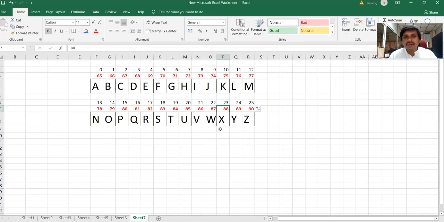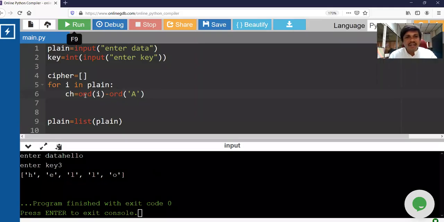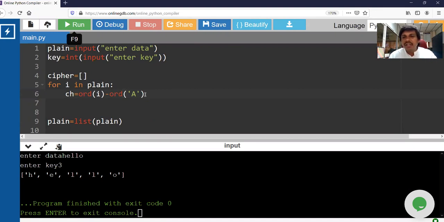In that way, if you subtract A from any character, you will get that index value. For that purpose, let I be a character from the plain string, subtract the ASCII value of A from it, then you will get the index value, starting from zero.